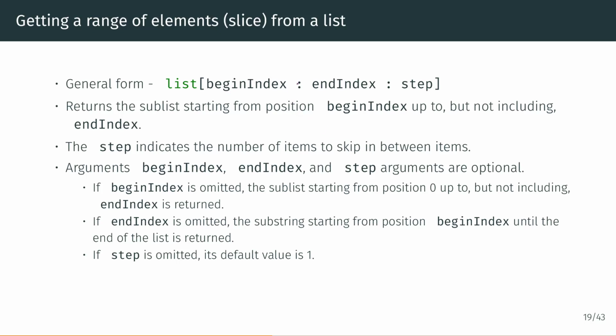Now, one minor but extremely important part of this syntax is the colons, and they play a very important role. It turns out that one of these colons is mandatory, and this is this one. This colon is mandatory, and the second colon is optional. So what you can have is a sublist. Let's say you have a list called grades. When you want to take the sublist,